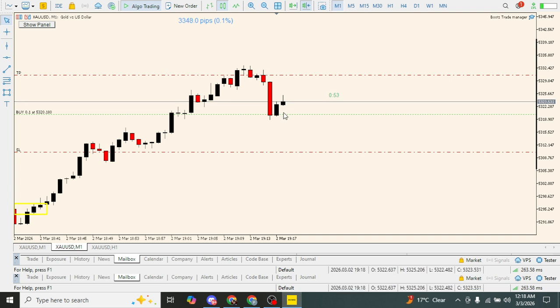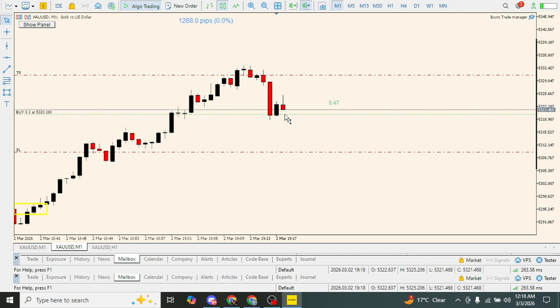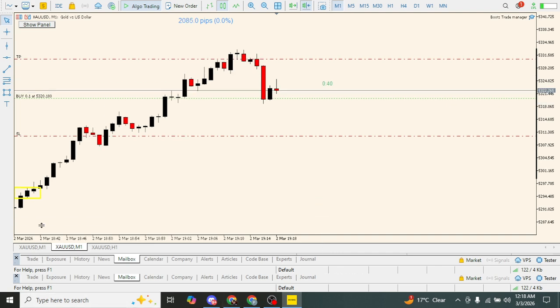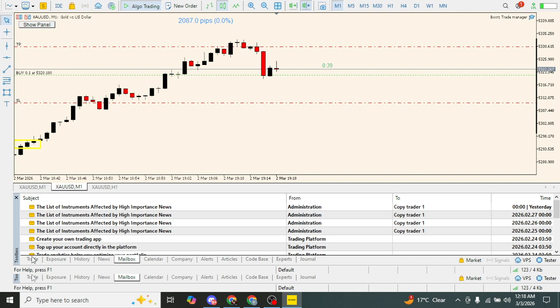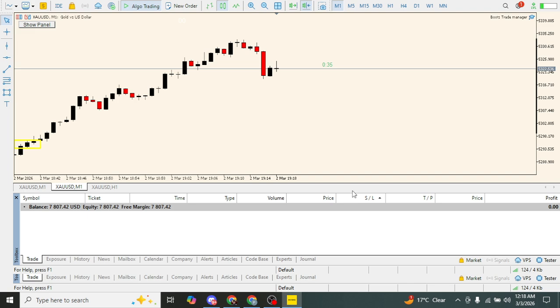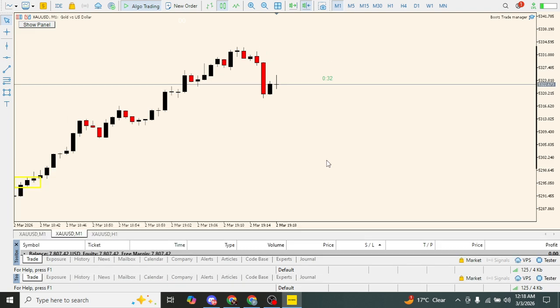So let's say I wanted to close partial over here, the price has already moved and it takes a lot of effort. And now if I want to close the whole position, all I have to do is go like this and then come here, and then from here I'm going to close it. It's too much time and it takes a lot of effort if you are scalping or a prop firm